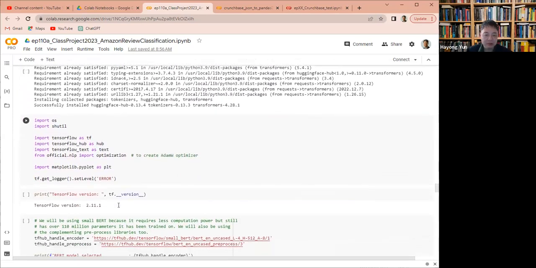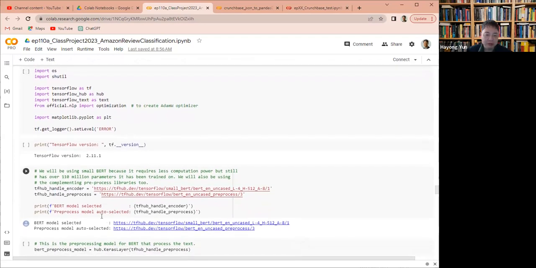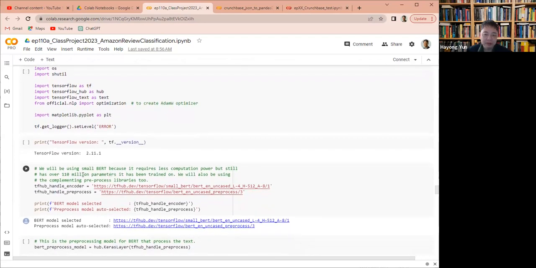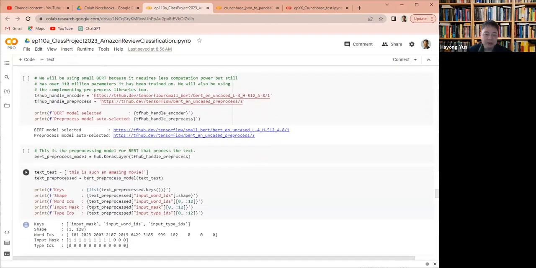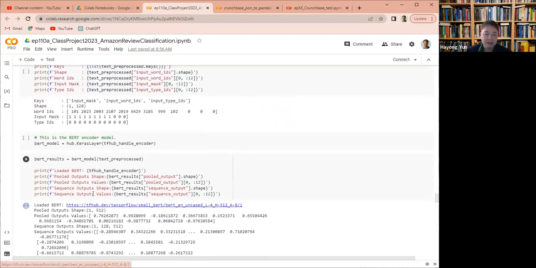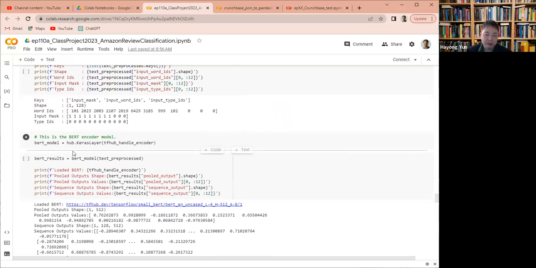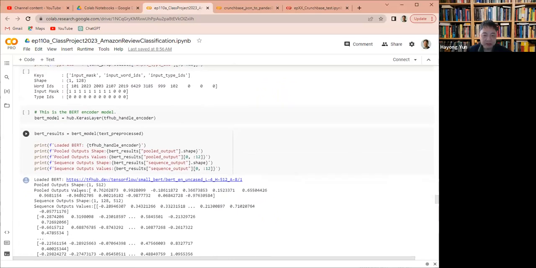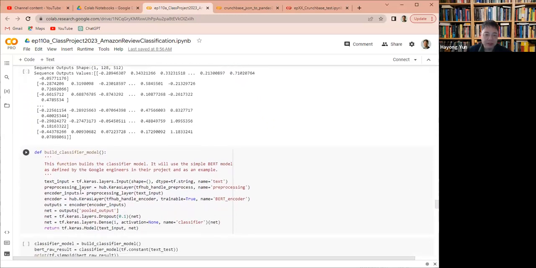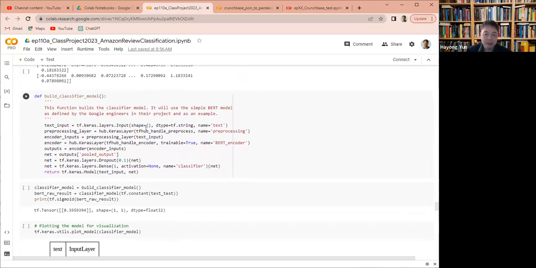So now comes the training part. It's a small BERT because it's faster. And I guess for this type of data, it may just do a decent job here. And then you can look at the model. So it's the BERT encoder. You can see the results here. Then build a classifier model